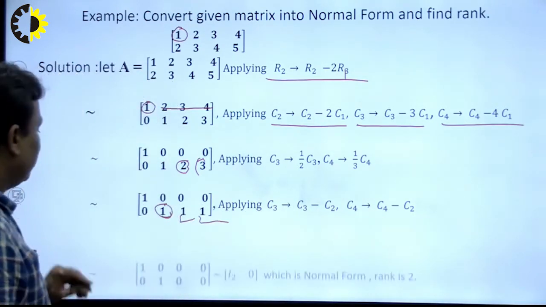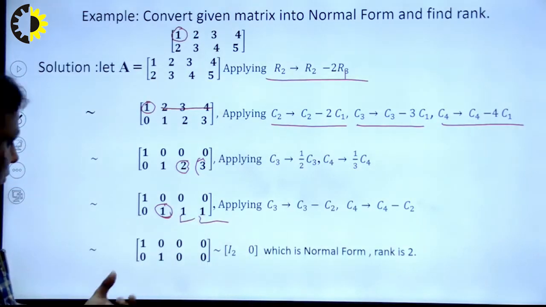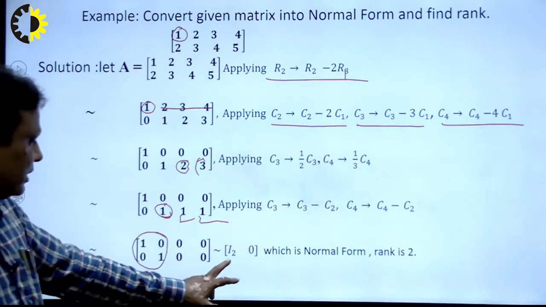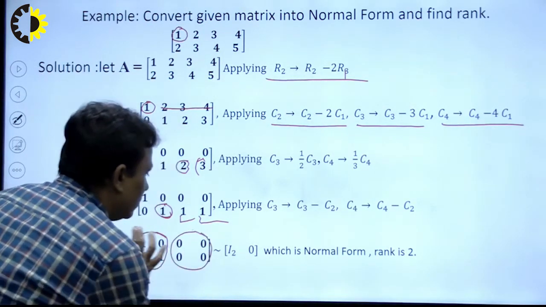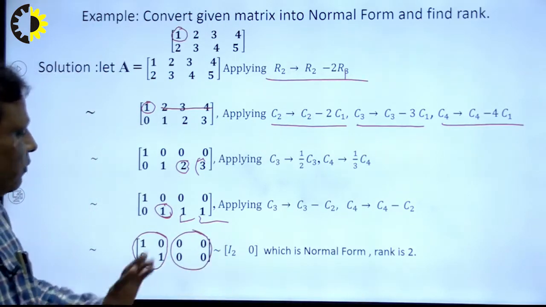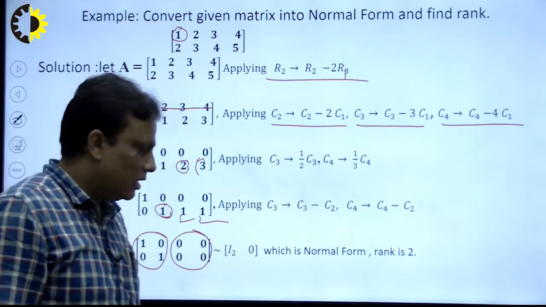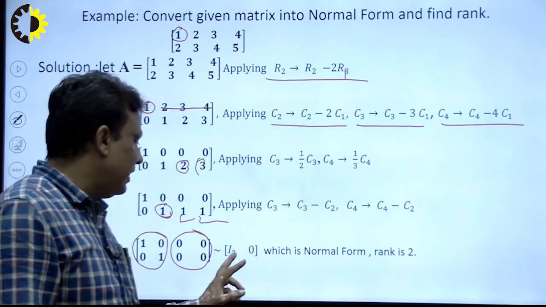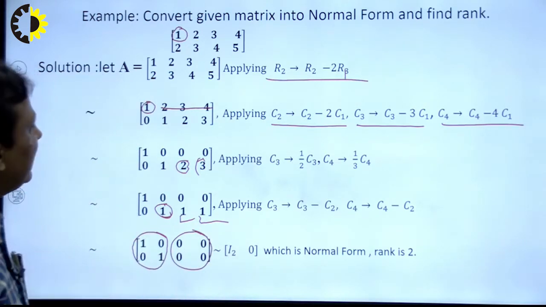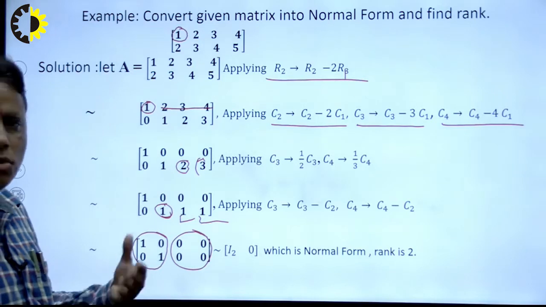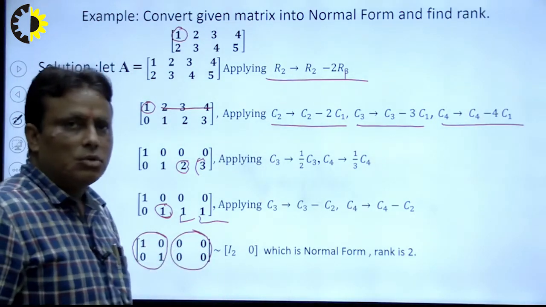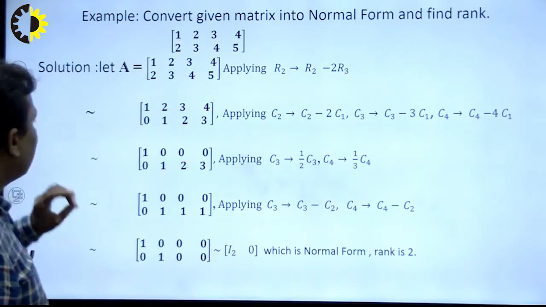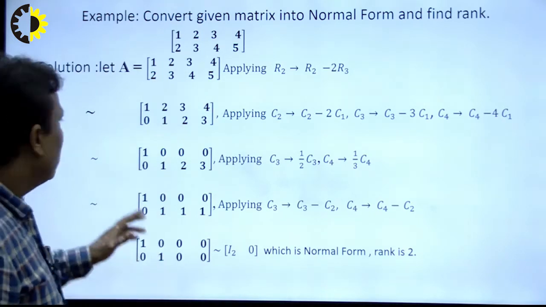So I apply here, right? So this becomes, right, so such this, so this is I2, I write here I2, and the remaining portion will be 0 here, right? So this is the normal form I explained just now, right, before it. So this is a normal form, and the rank of this matrix will be 2. So in this way we can find out the number of non-zero rows, that there are 2, right? So rank will be 2. So in this way we can find out what will be the rank of the normal form of any matrix.